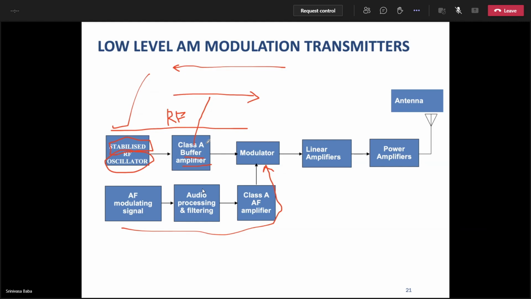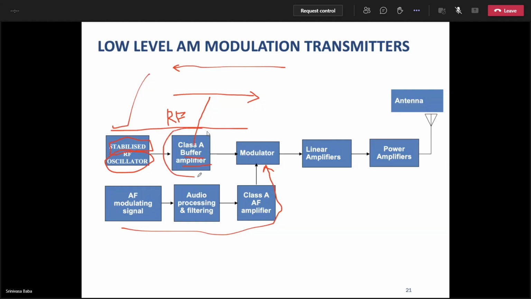Class B can also be used as a frequency multiplier, and another name for frequency multiplication or frequency multiplier is harmonic generator. So harmonic generators are class B power amplifiers or frequency multipliers. They multiply the incoming frequency by a factor x. Say x can be 2, 4, 5, 6, any number. So it multiplies the incoming frequency by that factor, whereby you can increase the HF frequency to RF frequency at its output. That is the function of this block.